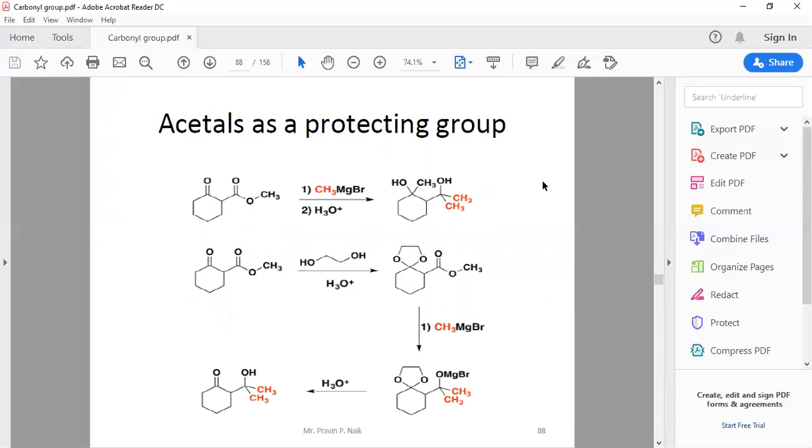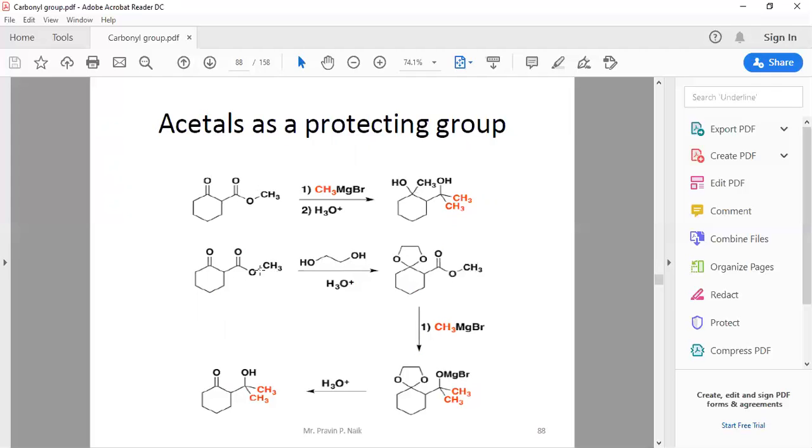At the start of the slide, we saw that hemiacetals and acetals act as protecting groups. So this slide explains how they act as protecting groups. I have a starting material with an ester group and a keto group on the cyclic ring, reacting first with this reagent, a Grignard reagent. The Grignard reaction should happen at the carbonyl group and reduce it. You can see both carbonyl groups, here and here, are reduced to alcohol.